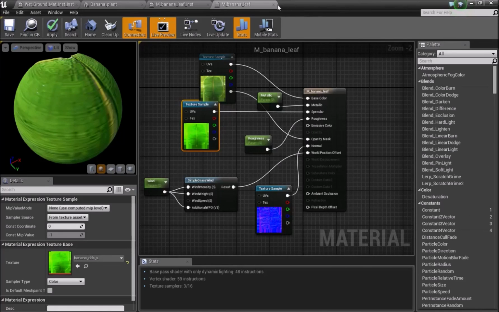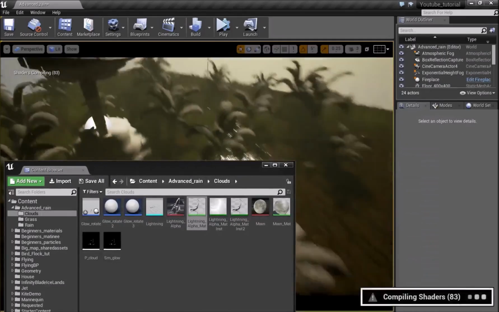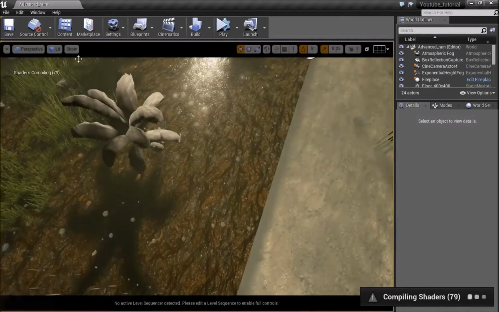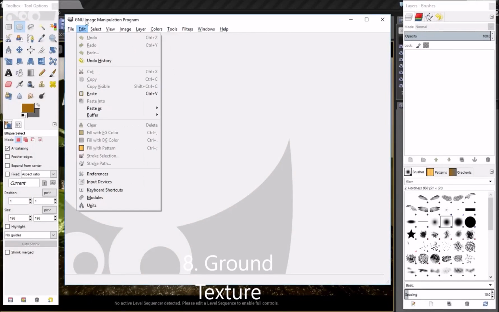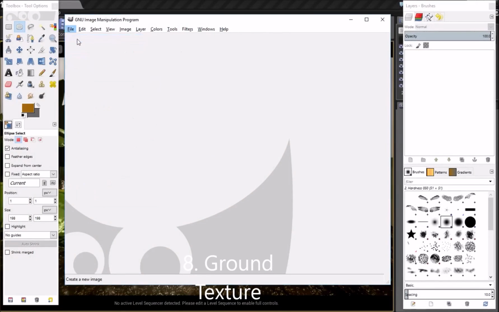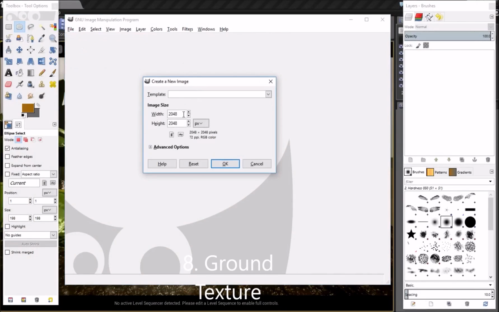So this is the basics, and now I will show you guys how I made the texture for the ground. Alright, so for the ground texture, what I did is I just made a new image. I'm using about 2K, 2048,